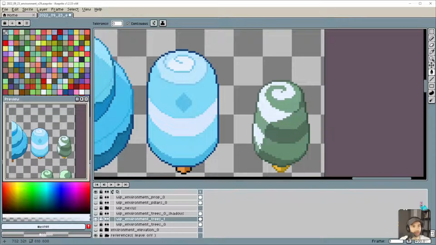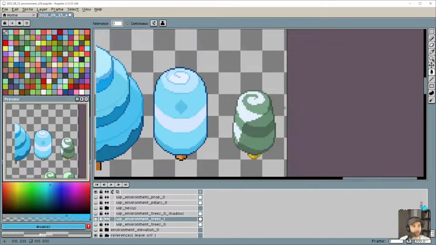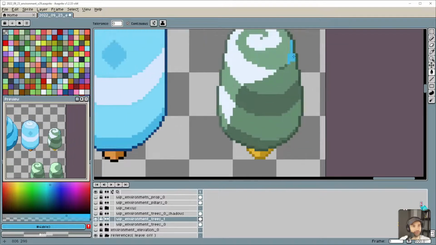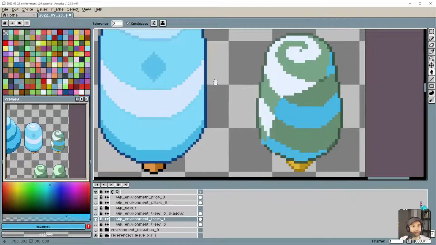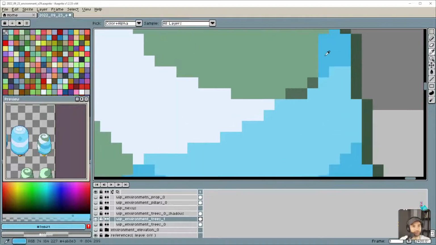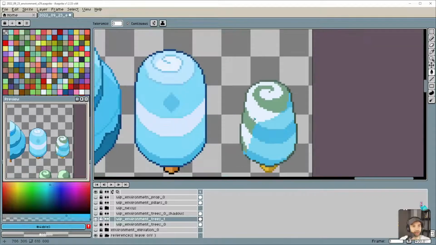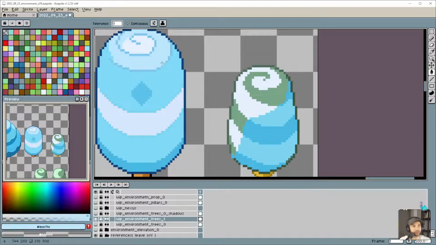The darkest color is going to be this one or this. No, this one's darker. We'll go with that one. So that's going to be the darkest. And then for the second darkest, let's go with this one. And then these are supposed to be that color. And then we need the soft blue.